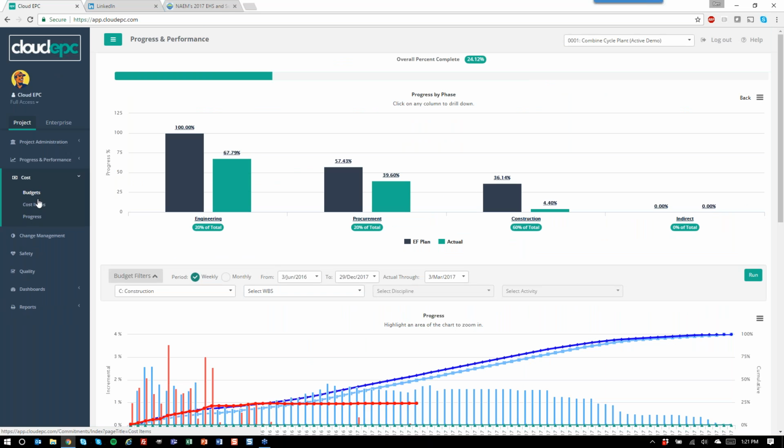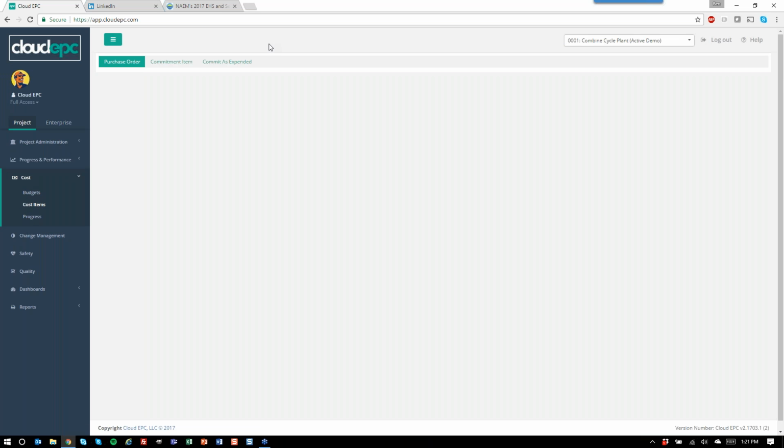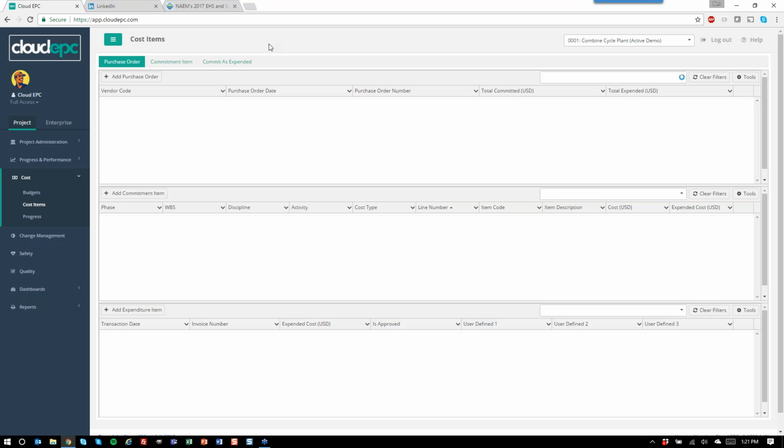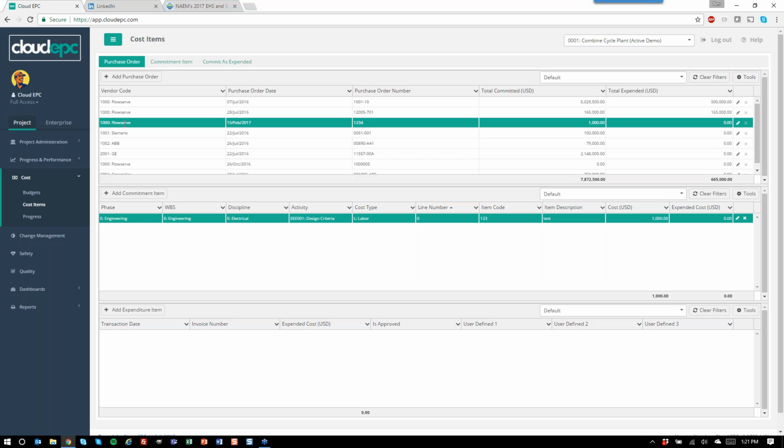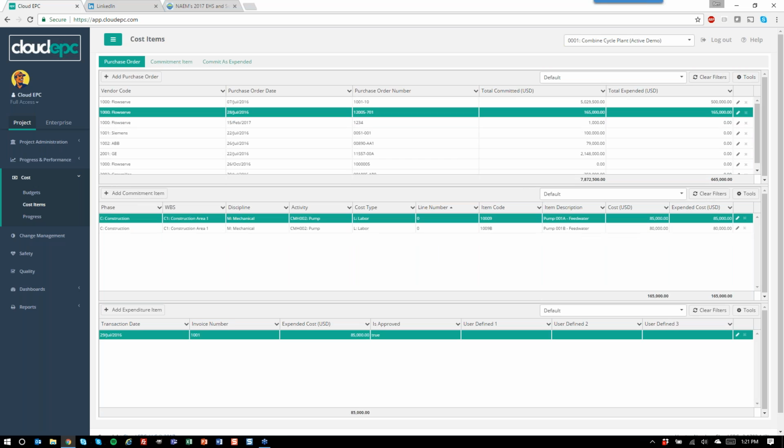The next component I'll just show you quickly is the cost component. We have a fully integrated cost management system, which is driven by a standard, traditional process: purchase orders and contracts are placed. Each particular purchase order and contract can be assigned commitments, and then expenditures are initiated against those commitments, which you can see in this unique one-screen view that we have generated from a user interface perspective. You can quickly see your different purchase orders and contracts, and then you can quickly see the commitments and the expenditures that are aligned with them.